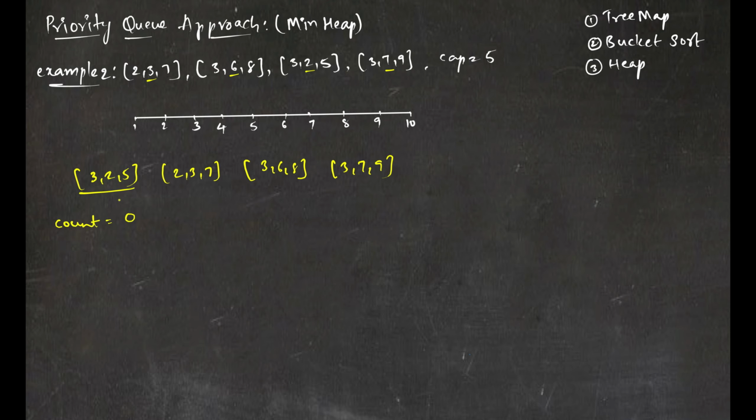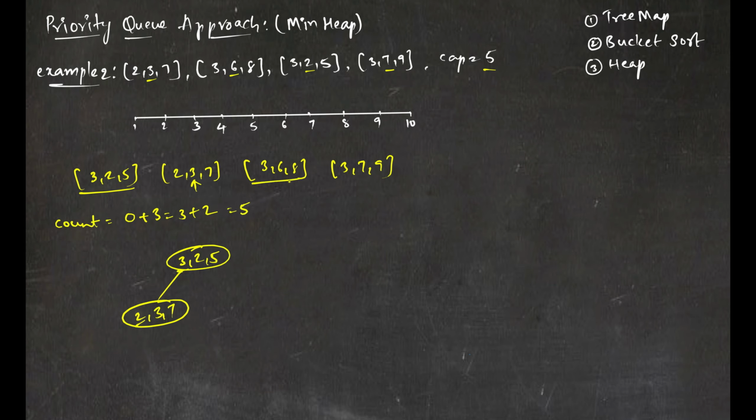So on the first trip, since my priority queue is empty, I can just add it, 3, 2, 5, and it is having 3 passengers. I'll add it here. So total is 3. 3 is less than my maximum capacity, so this is fine. Next I got 2, 3, 7. So this is starting at 3, and my top of priority queue is ending at 5. So this has to stay, and this will be inserted into this. So 2, 3, 7, and it is having 2 passengers. I'll add it here, so it will be 5.